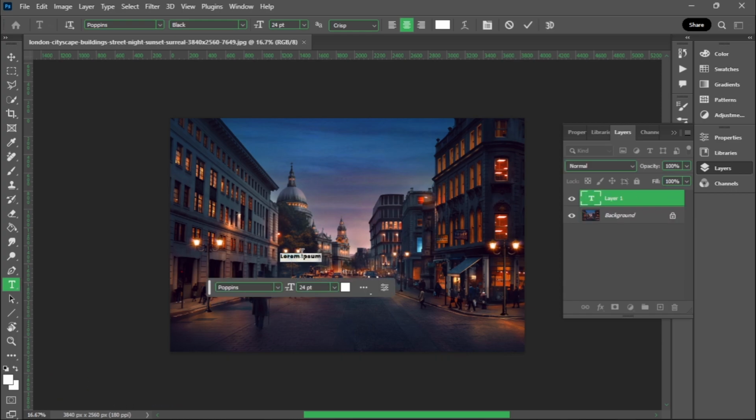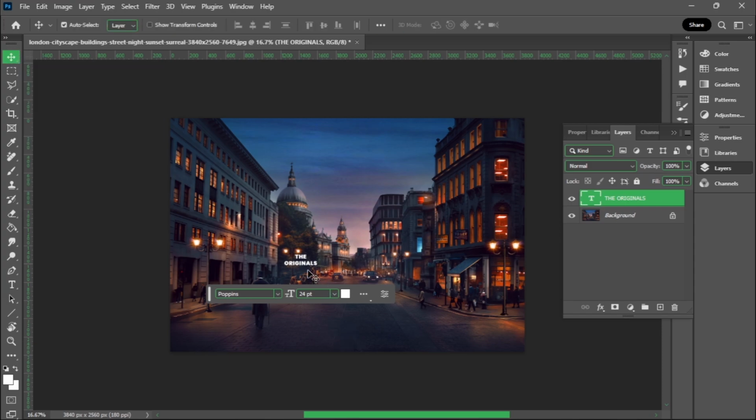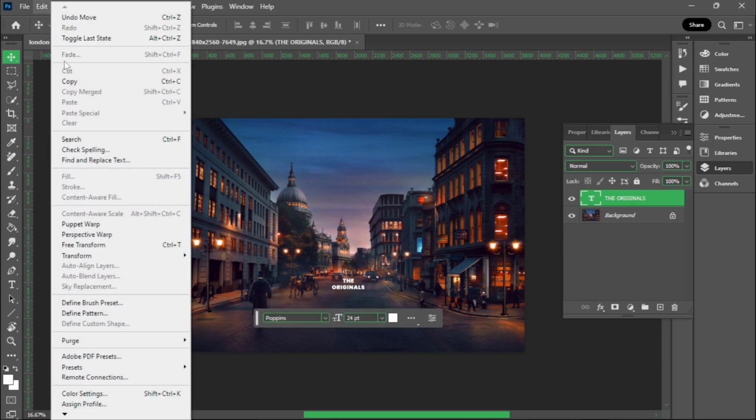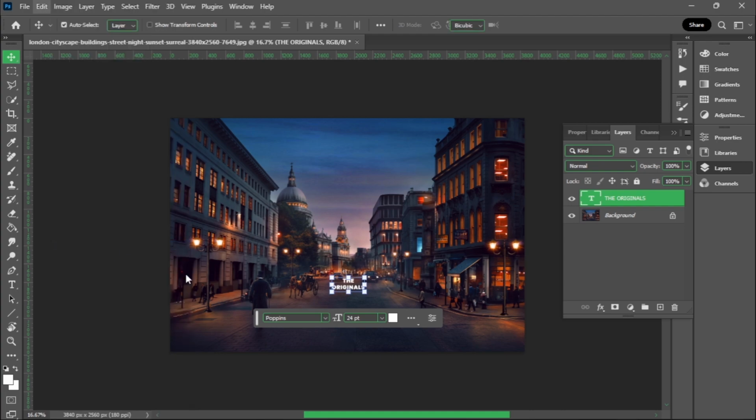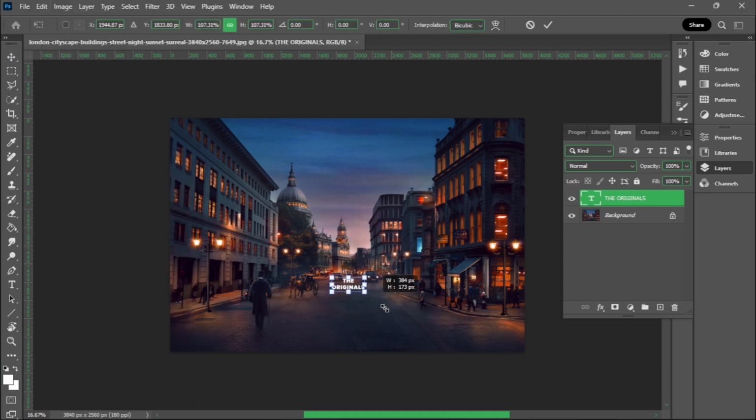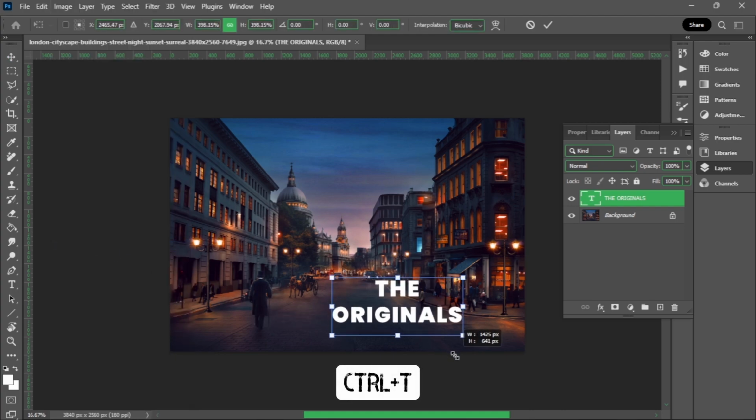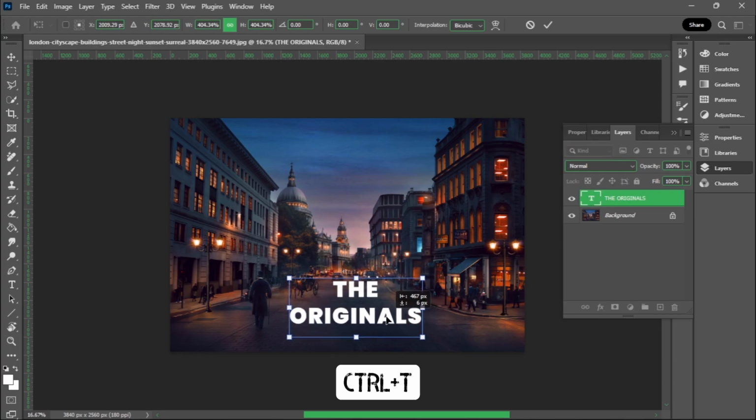So I'll type some text. I'll grab my move tool and slightly move it at the bottom. I'll go to Edit and choose Free Transform. The shortcut key is to hold Ctrl+T to activate the transformation controls. So I'll move it manually